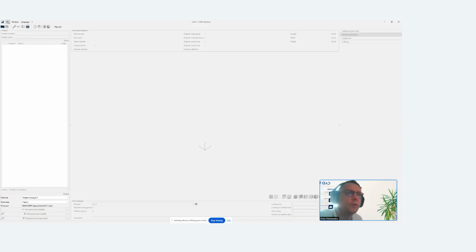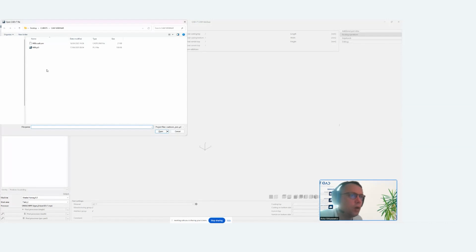And now I'm going to open the CAD+T file. So you have to go to the path where you saved that PL3 before, and there you're going to be able to see a PL3 file. Okay, this is the CAD+T CAM. So this is a PL3 file,